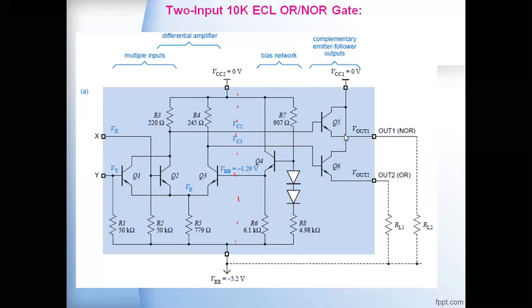So why are we using this complementary emitter follower? The emitter follower can improve the current capability of the next stage circuit, because the current flowing in the output stage can handle the next stage input. Actually, ECL has a drawback that it has a low fan out. So to improve that fan out, we have made two changes in the circuit. One is a network to provide the bias voltage, and at the output we have the emitter follower circuit.